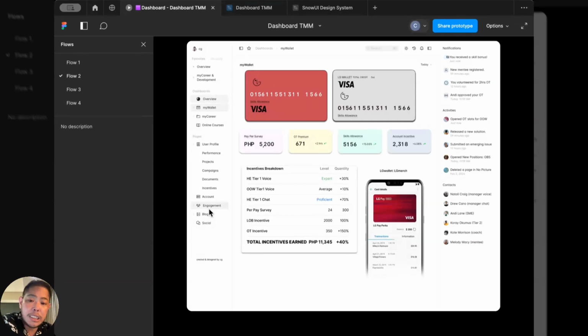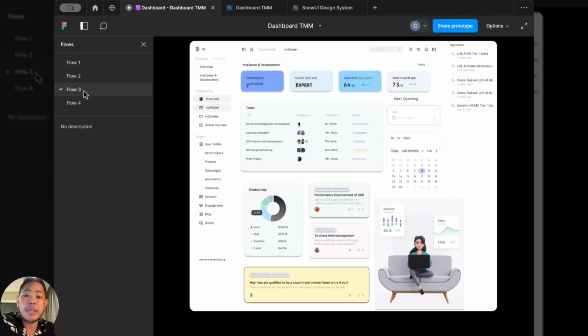You will also see in engagement if there are any open positions within the account, where you get first dibs, of course. We prioritize people from LG for LG openings. We'll also identify whether or not you are qualified, let's say, for a certain role. If you take a look at it here, you will see that, hey, you know what? You're qualified to be a coach track trainee, and we want you to try it out. So, gone are the days where you don't even know that there's an opening in the account. So, now you will see it. We'll post it, and we'll make sure that we prepare you for it if you're interested.